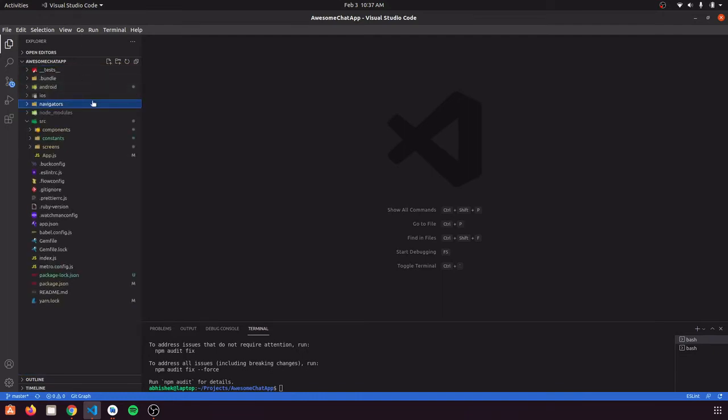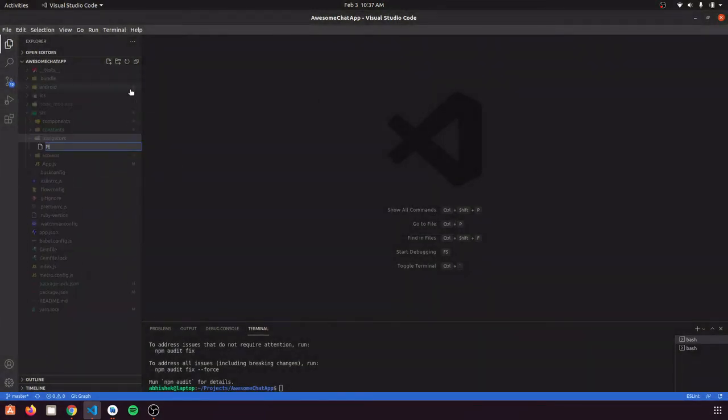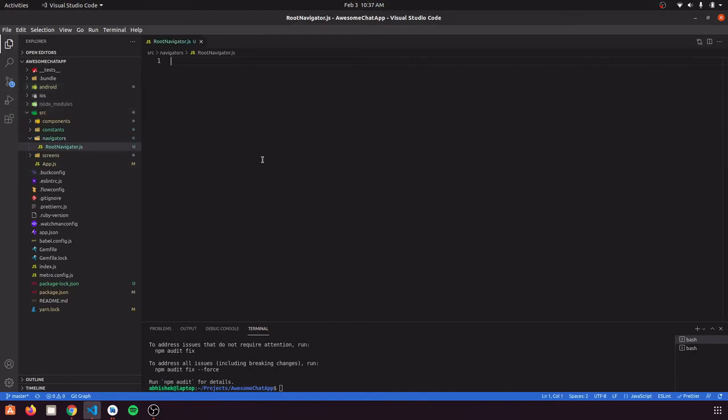We need to create this navigator folder inside the source folder. Inside that we are going to create our root navigator for now. We are just having one navigator, so let's name it root navigator.